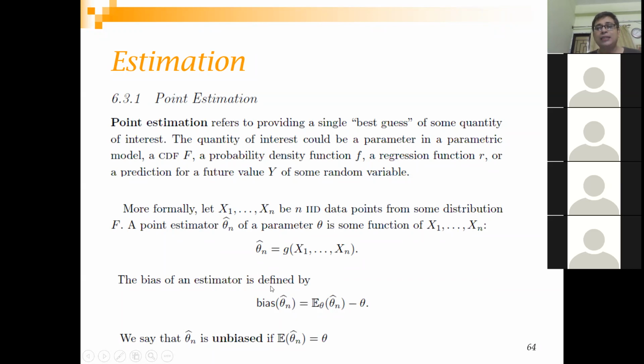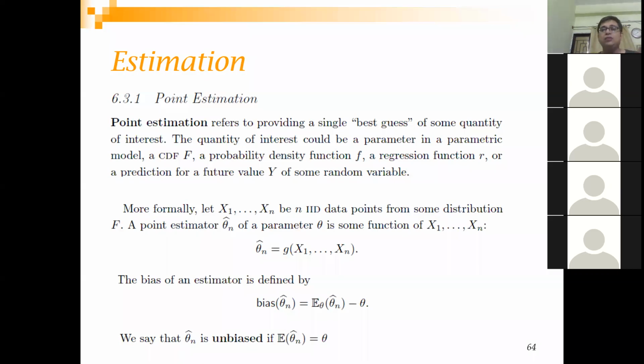Okay. And there is a term defined as bias of theta, bias of an estimator, which says that if you find out the estimate like what we discussed, right? Point estimate. You take different sample means, then you take a mean of those sample means, and then you compare it with the population mean. If there is a difference between the population mean and what you calculate through your mean of sample means, that you call as your bias.